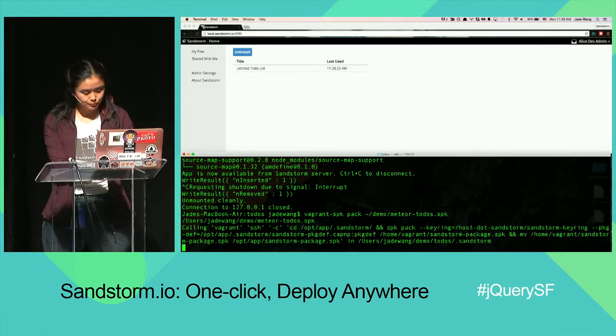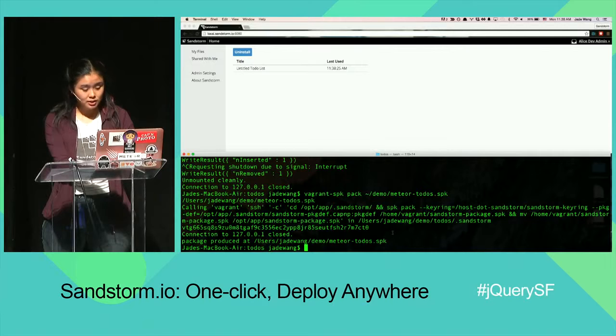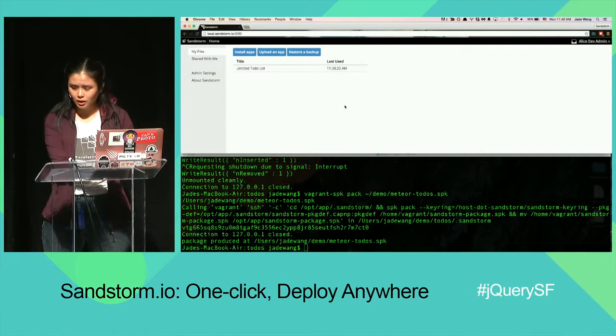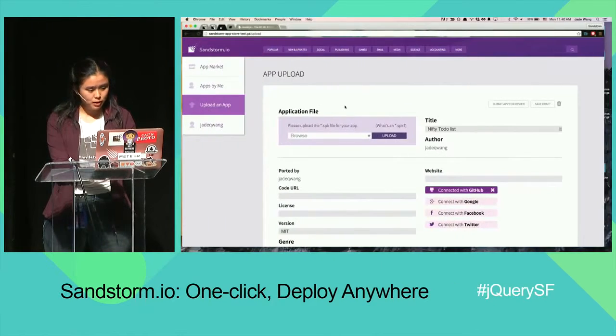There. And now we have created an SPK file. And this is the package that, if you wanted to upload an app, this is what you would upload here. So yeah, let's go back to,